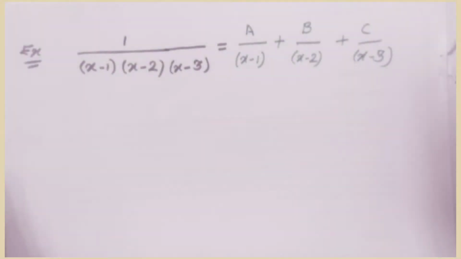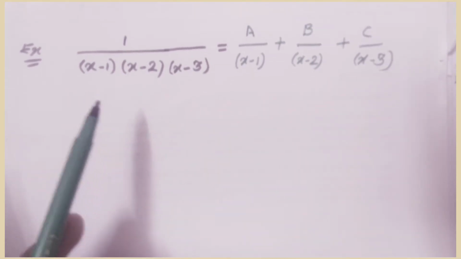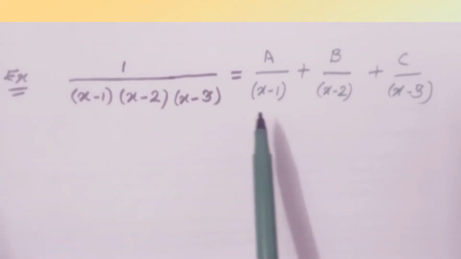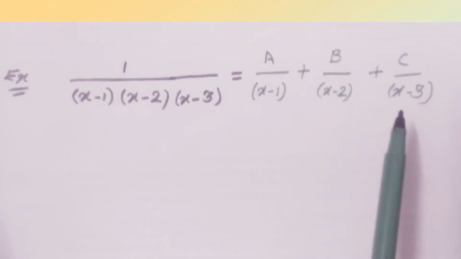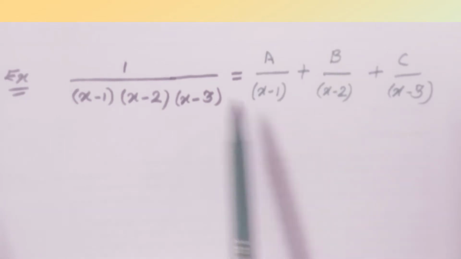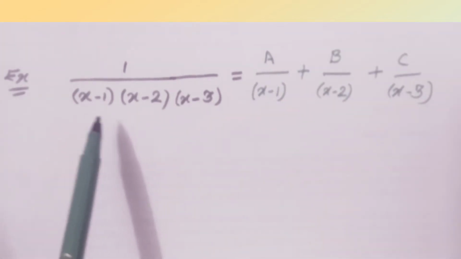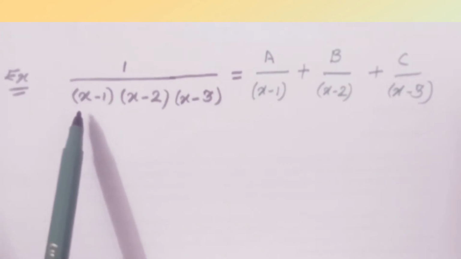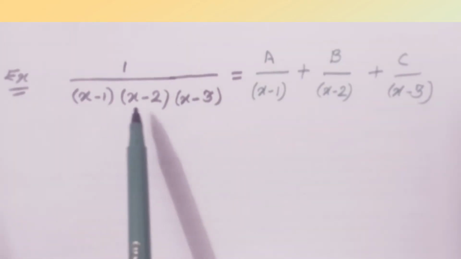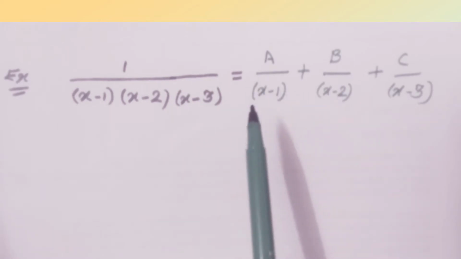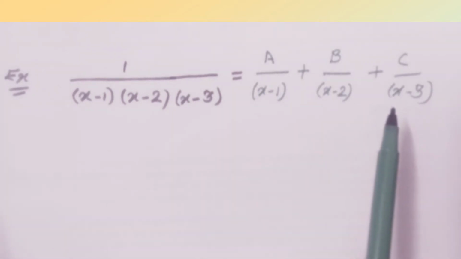In today's lecture we are going to discuss the easy method to separate this term. As you know, if you want to separate this term, then we use the partial fraction method. In partial fraction we write a upon first factor, b upon second factor, c upon third factor. And please note down, if we are applying this method, if the factors are in linear form, that is the power of x is 1 and all the factors are distinct, then we use a upon first factor, b upon second and c upon third.